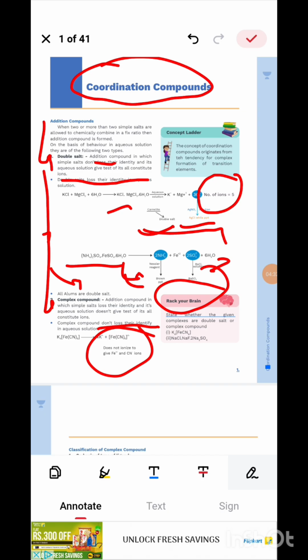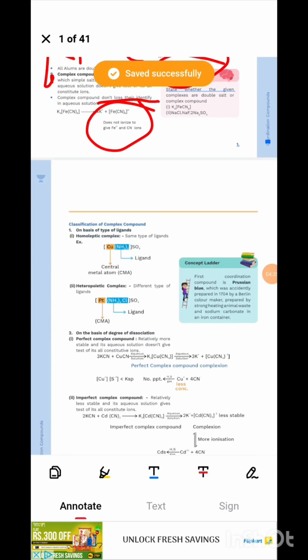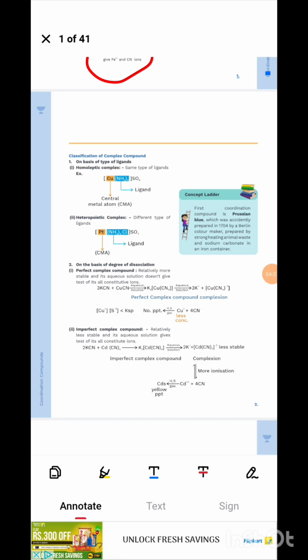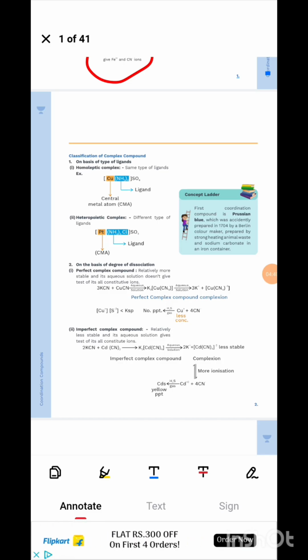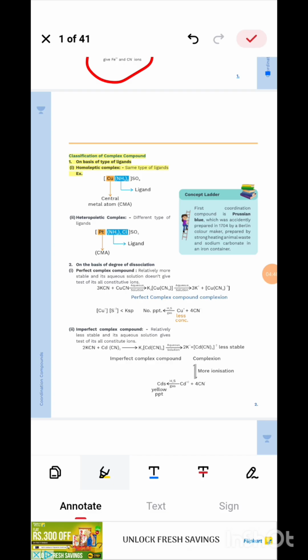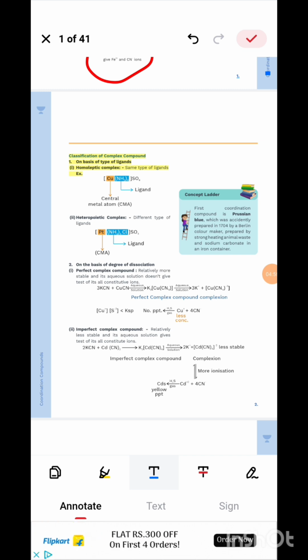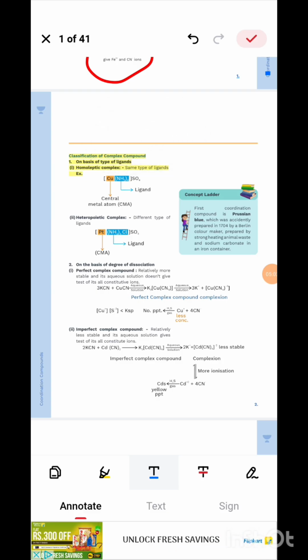Okay, so again if you see the classification of complex compounds, it is on the basis of ligand, divided further. So you can see this is on the basis of type of ligand. Homoleptic, same type of ligand है, it is called homoleptic. Homoleptic means ligands are of the same type within the coordination sphere. ये आपको जो brackets दिया, it is the coordination sphere. So if only a single type of ligand is present in the coordination sphere, then it is called a homoleptic complex, and if different types of ligands are present, then it is called